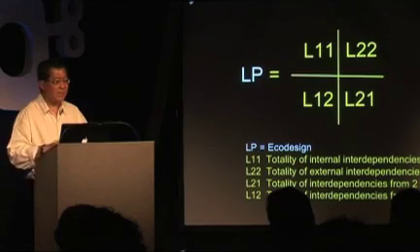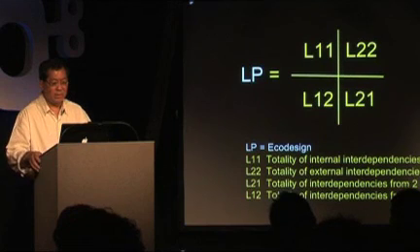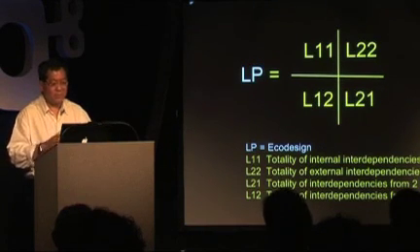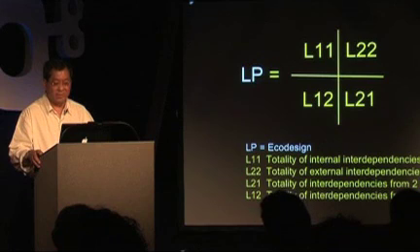So if you look at L21, which is the totality of interdependencies from the outside to inside the building, and L22 is everything that happens on the outside of the building, then let's say in 10 years' time, we run out of fossil fuels, which is very likely to happen. Now, if we run out of fossil fuels, then it affects the inputs, which is L21, which affects what happens in our built environment, in L11, and affects our outputs. So green design really consists of monitoring all these four components at the same time.